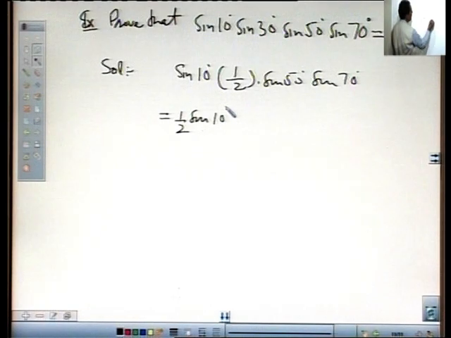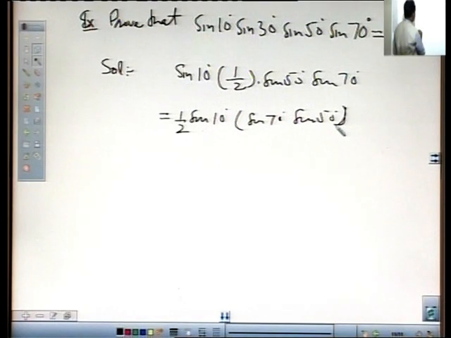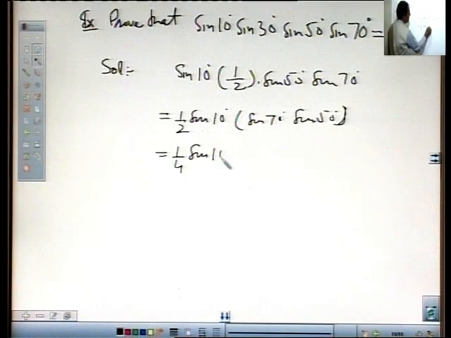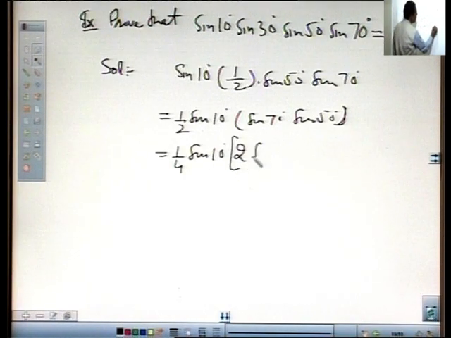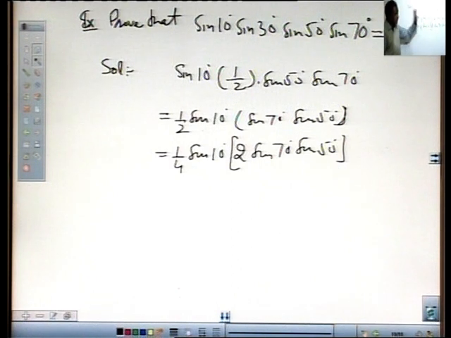sin 10 degree into bracket open sin 70 degree into sin 50 degree bracket close, and this equals 1 over 4 sin 10 degree, sin 70 into sin 50. Here we divide by 2 and multiply by 2, and this is the form of 2 sin A sin B, and the formula for this is